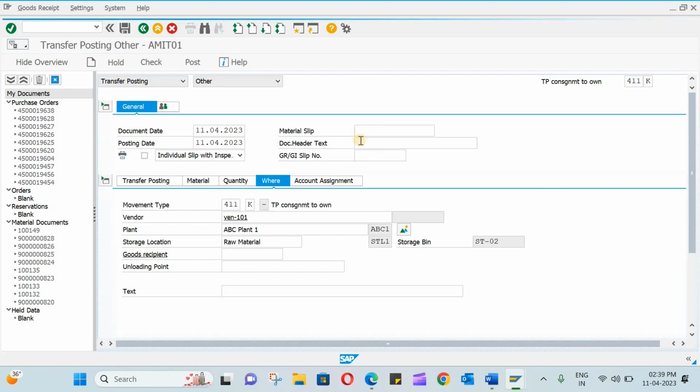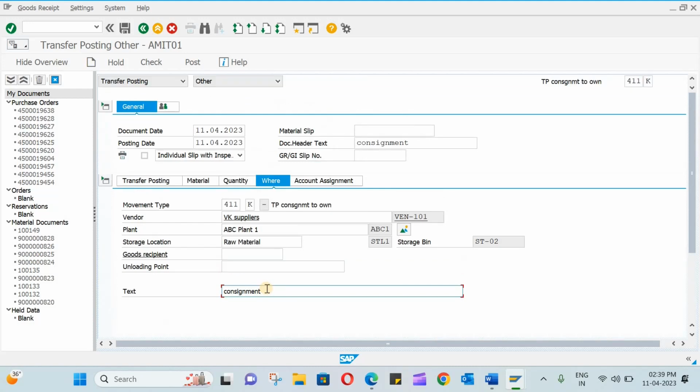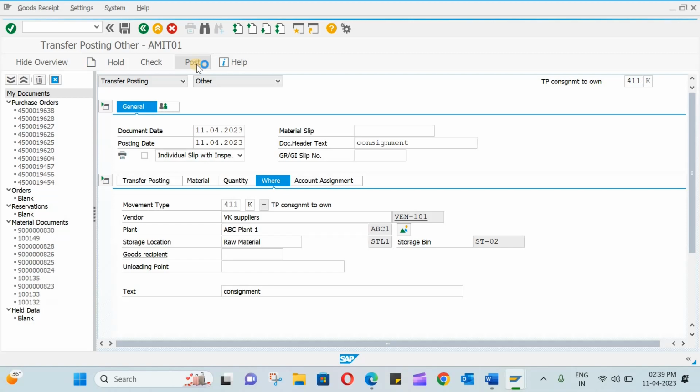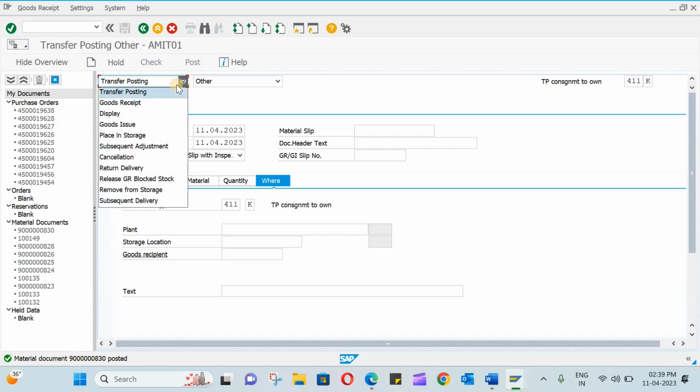and if you want to enter any text here, you can just enter here, say consignment, and if you want to enter in text here, you can just type the text here. Scroll down and see if everything looks fine. Now just post this, click post. You will see the material document is generated here. So material document is generated, and if you want to see the accounting document, just go here and select display,